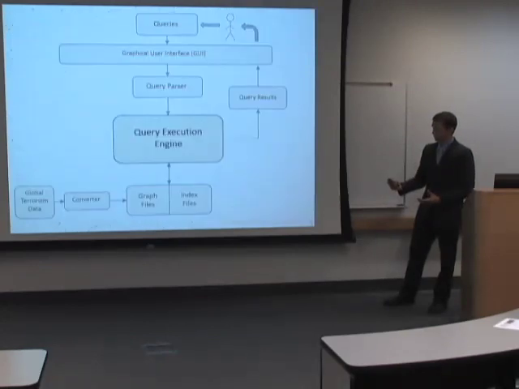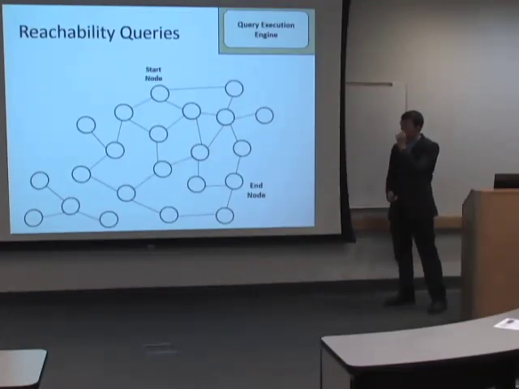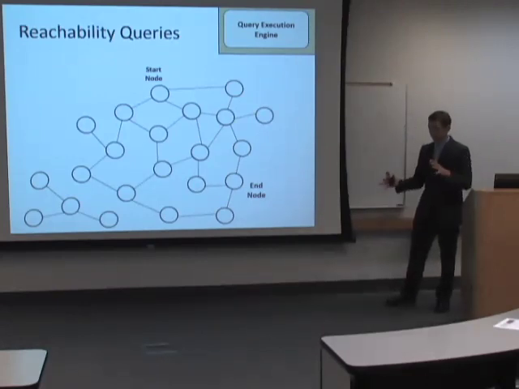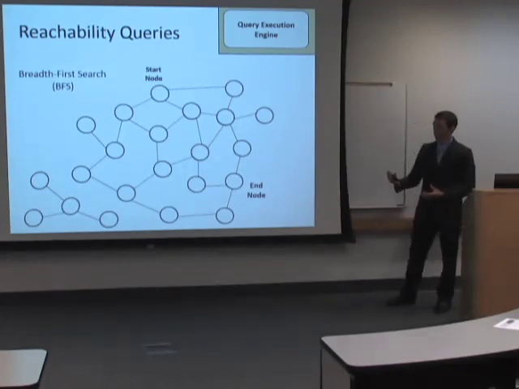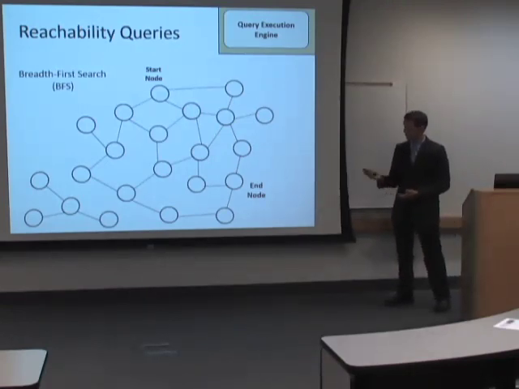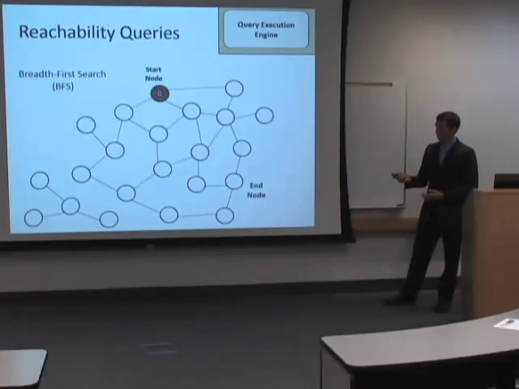So say we want to actually answer some questions that we have now. We'll step inside our query execution engine, and one of the types of queries that I mentioned were reachability queries. Again, this is where you're trying to determine whether a couple parts of a network are connected by some path. One algorithm we use to do this is called a breadth-first search. We have a start node and an end node, and we're looking to find a path between the two. We start at the start node and explore all the nodes that are directly connected to it.